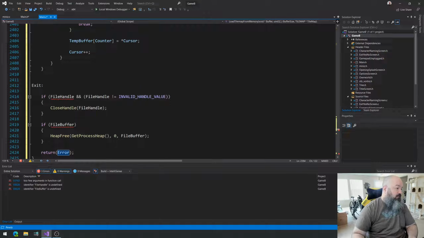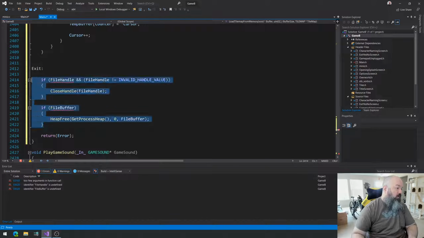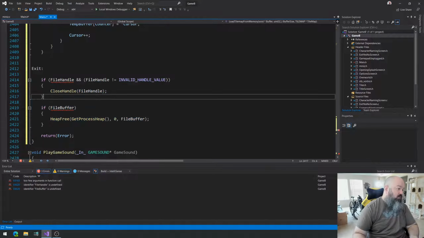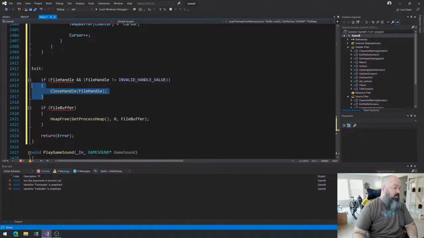I guess that's it. And we don't need to do any of that anymore. File buffer. You know what, actually? So this one is actually different because